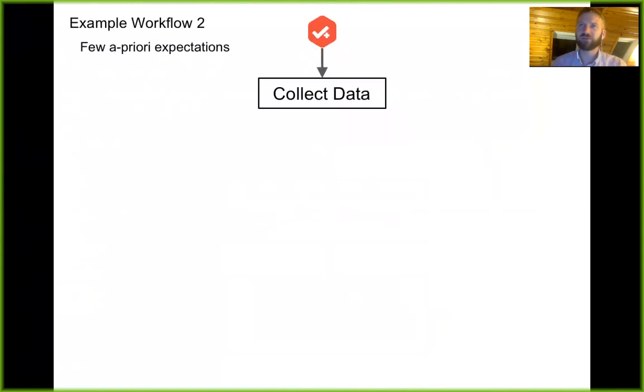This isn't always possible. If we knew exactly what we were doing when we were going into a research endeavor, we wouldn't be researchers. So oftentimes we have very few expectations going into a project. That's okay too. Create your preregistration. It can be a little bit more vague at this point. Say I don't have a very specific analysis plan, but I'm going to stick to my exploratory mode for the beginning. Collect some data,